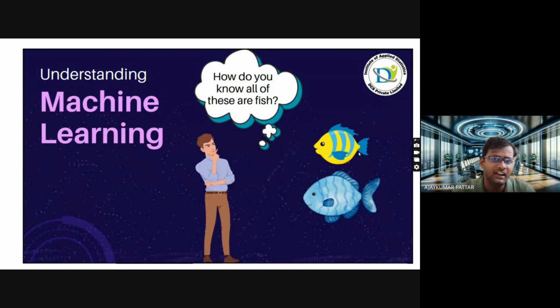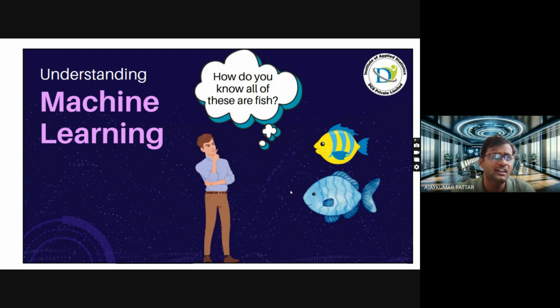Ultimately we know both are fish. How is it possible? Because in our childhood we saw different varieties of fishes, so we already have knowledge and recognition of this kind of fish, their color, shape, and variety. So we think these are fish.